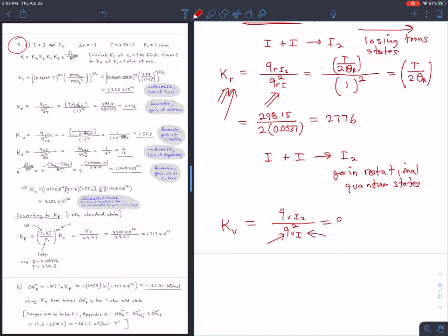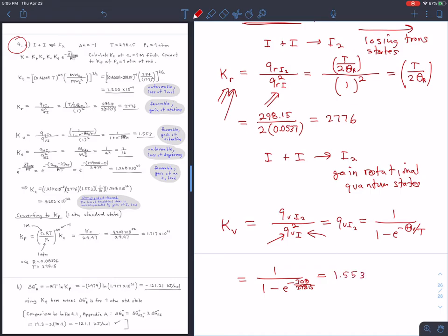So that's just Qv for I2, and that's equal to 1 over 1 minus e to the minus theta v for I2 over T. That's equal to 1 over 1 minus e to the minus 308 over 298.15,